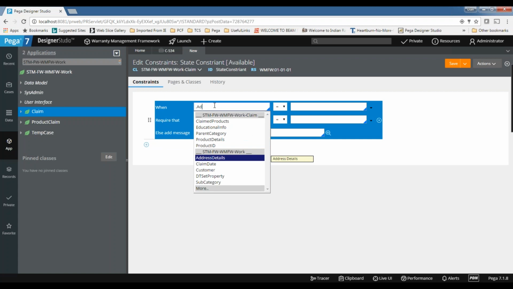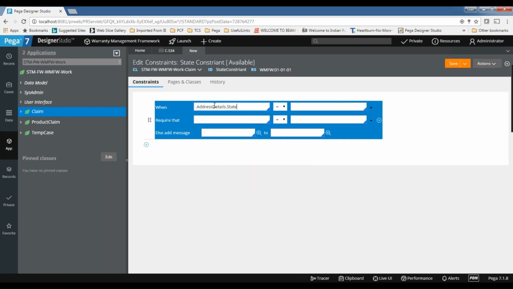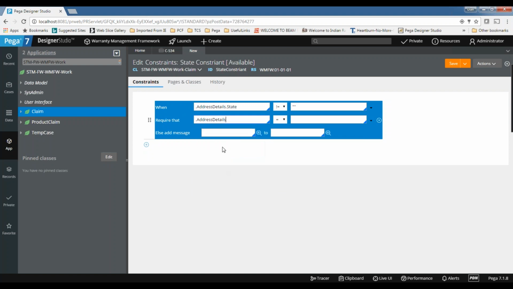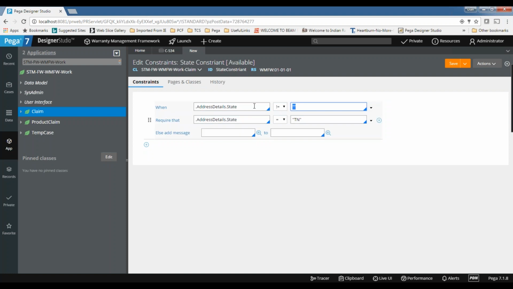So we need to define address details dot state. This is required if it is not equal to empty. When state is not equal to empty, it is required that state dot state criterion. So this is the precondition, and this is required. If there is a violation, if this is not equal to empty and the state is other than TN, I want an error message.